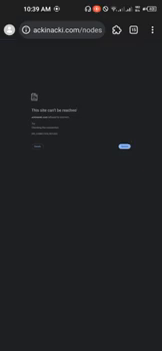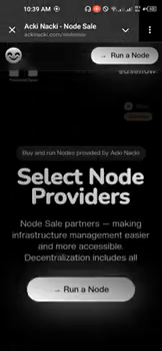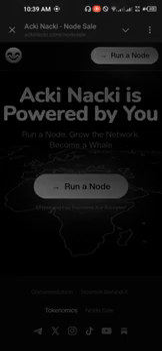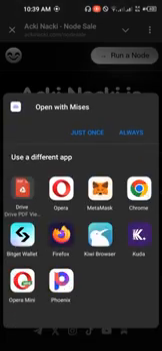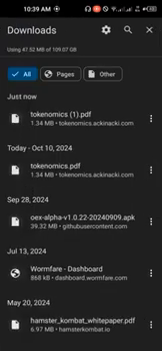Well, I really don't know why, but let's see. Let's go back to, so if you scroll down, you can come to documentation, or you can come to tokenomics, and you can read some of the details of the tokenomics. So let's still try again whether this one is going to open. So I click on download, and then